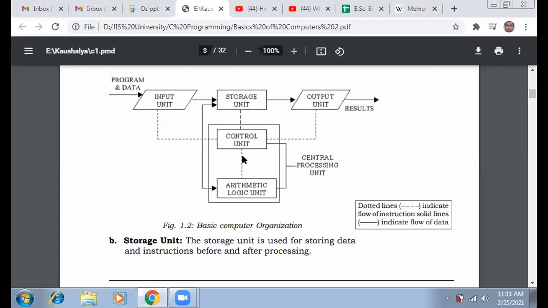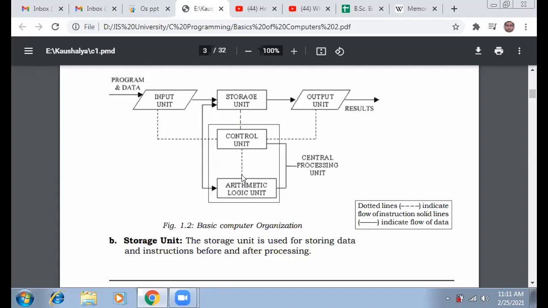So the control unit sends a signal to the arithmetic logic unit that the user wants to perform addition on the two data, 8 and 2. So the arithmetic logic unit has got the instruction to perform addition. The control unit also instructs the storage unit, or memory, to send the data to the arithmetic logic unit for the addition operation. So the storage unit sends the data. Now the arithmetic logic unit has two inputs: one is the data coming from the storage unit or RAM, and the other is the instruction coming from the control unit in terms of signal.